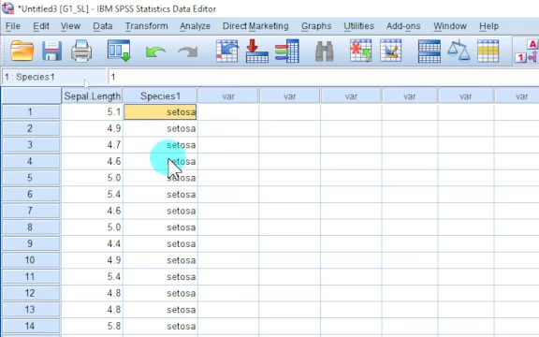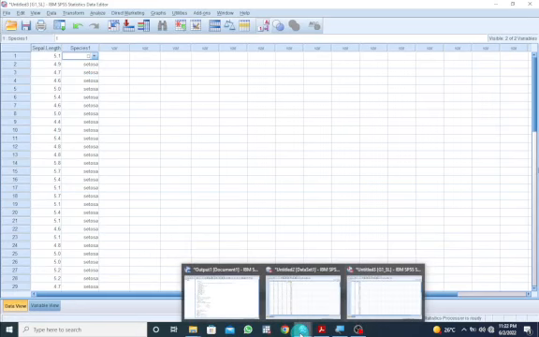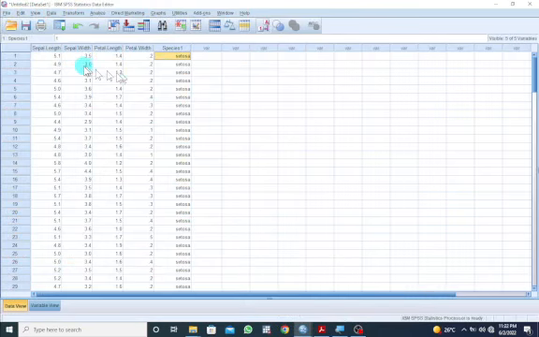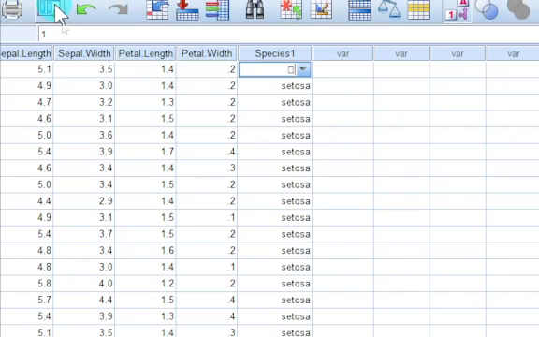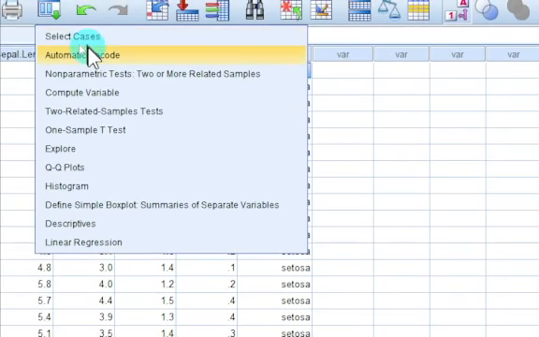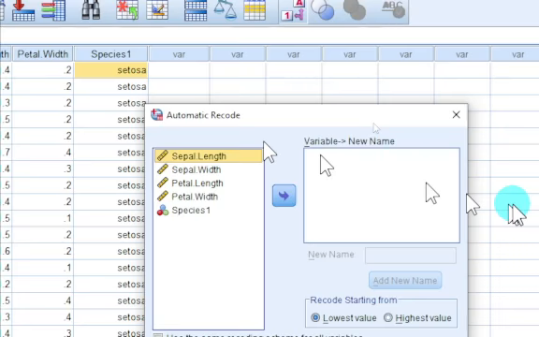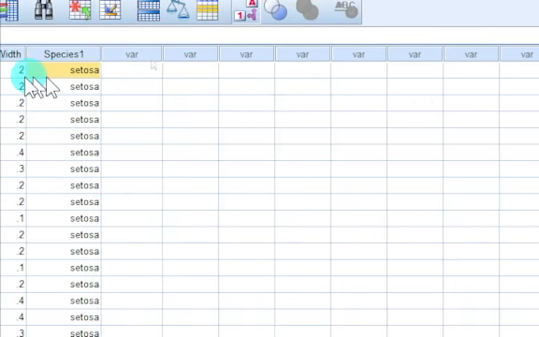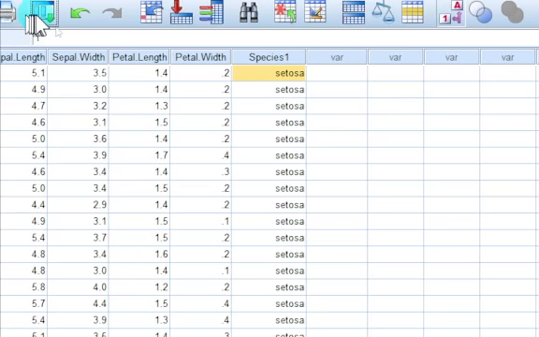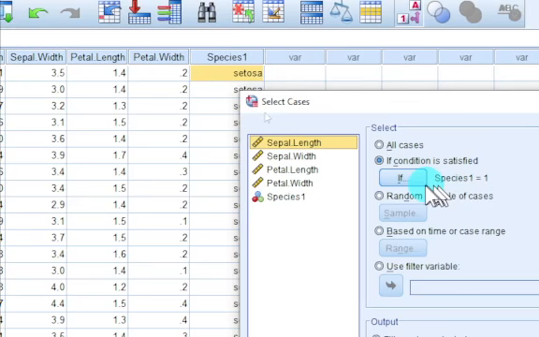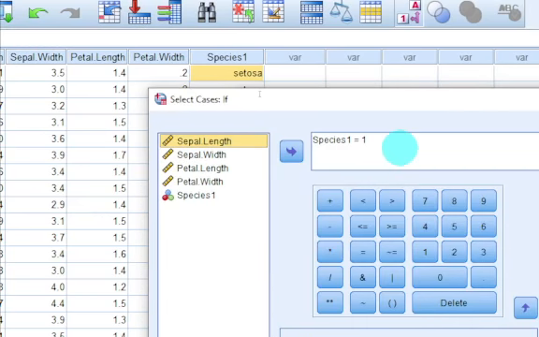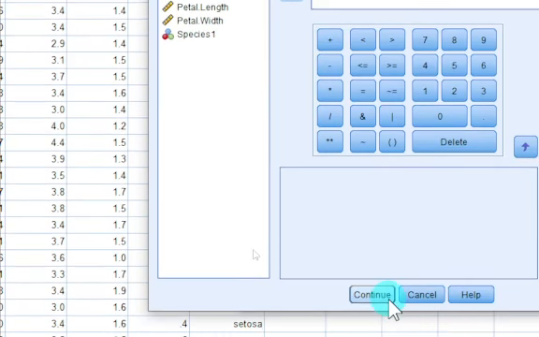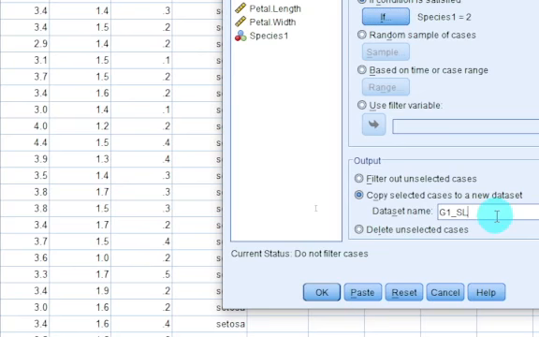Now let's go back to our original data set and filter that of Versicolor. So this is our original data set. Let's use the recent dialogs icon, select cases. Let's click on the if and change 1 to 2, meaning we are interested in Versicolor, and click on continue. And the output now, we are going to change this to G2 underscore SL,